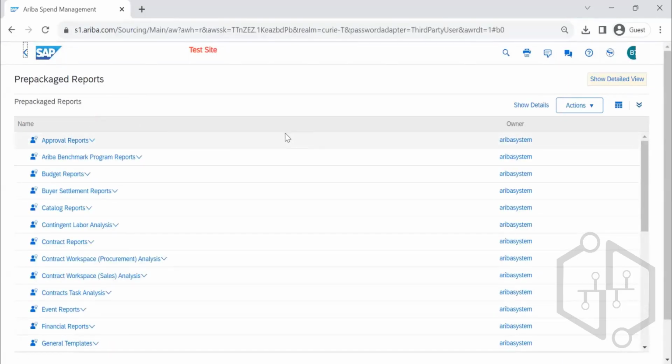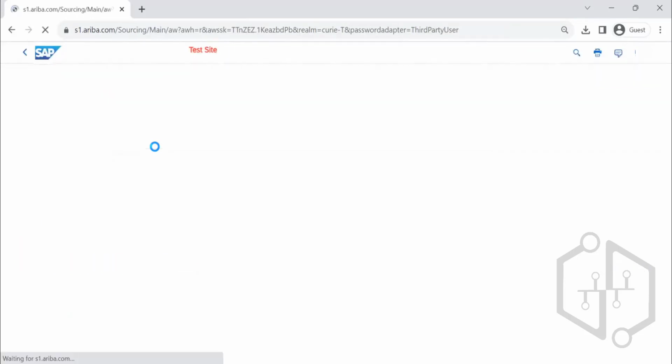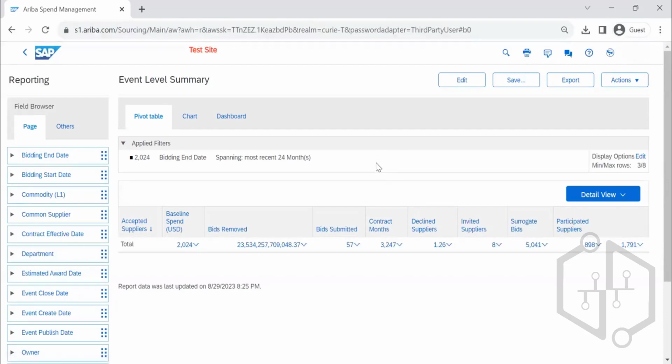Some important reports which anybody uses are the approval reports. Ariba benchmark program reports, click on open. It will give you event level summary, supplier participation, all these details, event item level, event level summary. Click on open. This is a beautiful report. So you can see the total bids received, submitted, months decline. Go by data and click on detailed view. Then you will have